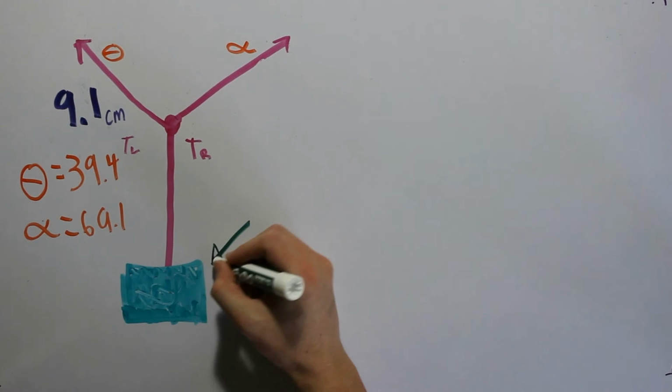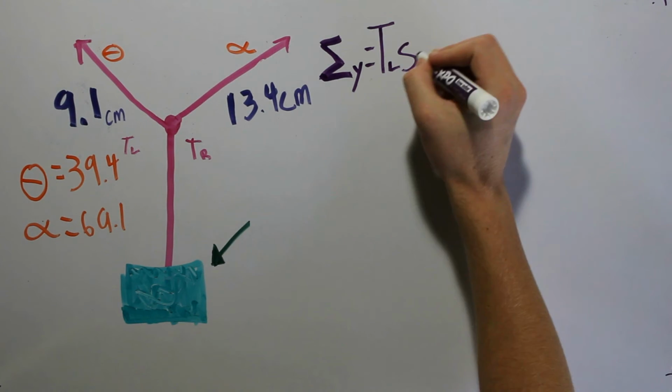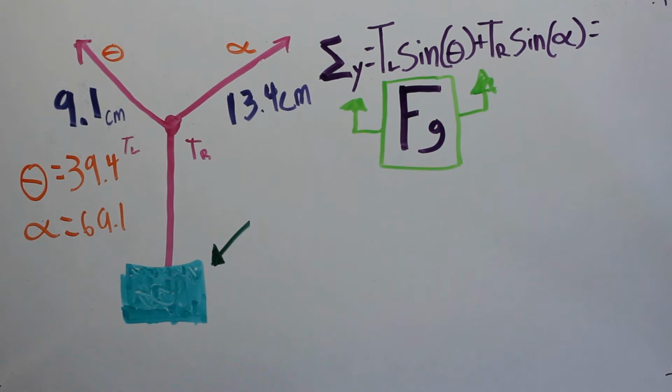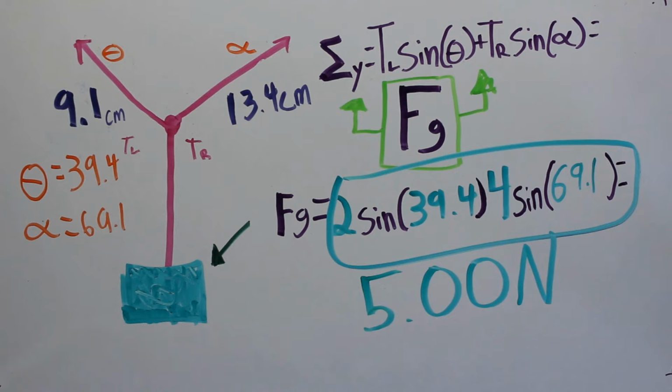The purpose of this lab, however, is to figure out how much the mass weighs. And to do that, we have to figure out our y values. Or if you want to think about it, how much gravity is pulling on the mass. The whole point of this lab is to find out the force of gravity, which is this equation right here. And if you finally substitute all your values in for theta and tensions, you get a number in newtons. Because we measure the tensions in newtons and the angles, well, they don't change, our answer will be in newtons. And with all of these numbers taken into account, this ends up to be